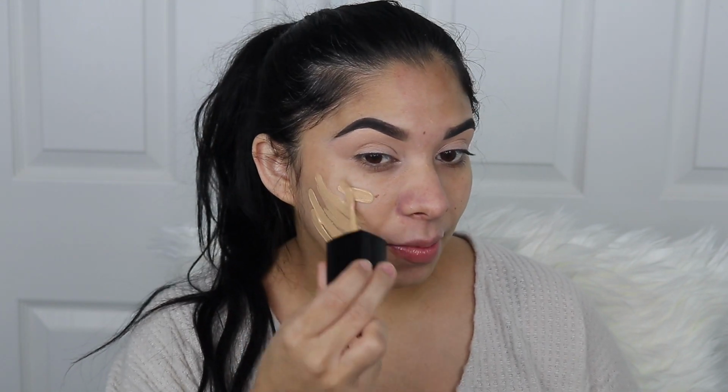and well, the dewy one, not the other one. And I really love this. It's super nice and dewy. I put a lot on because I have a lot of redness today, especially today, and I kind of just go like,